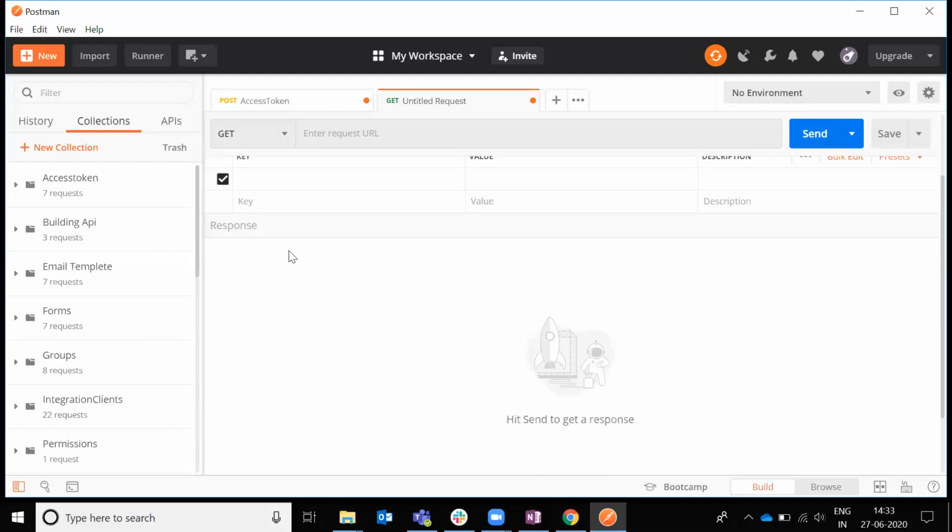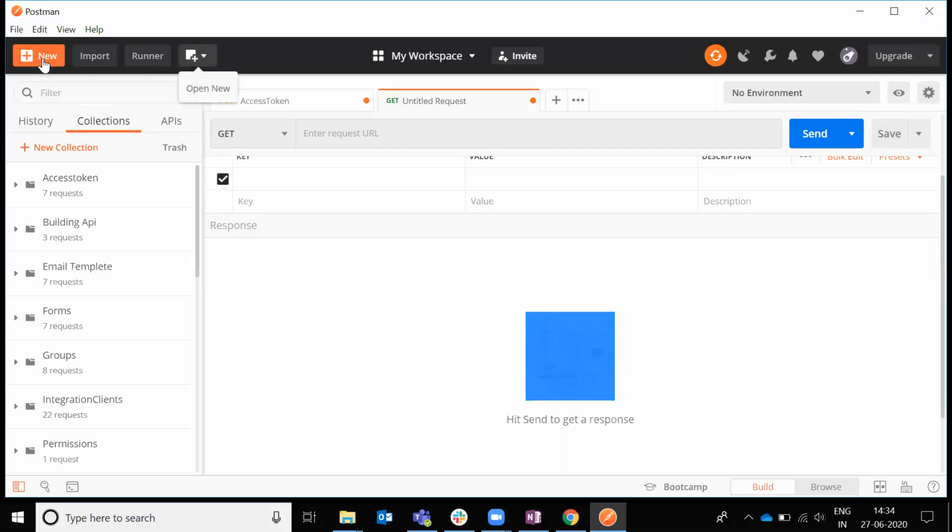This is the response console. In this console, all the information for the particular API will be displayed here. This is all about Postman installation and what exactly is present in Postman. I hope I covered everything in this place. Sorry, I forgot the main thing. These are the things that are present.